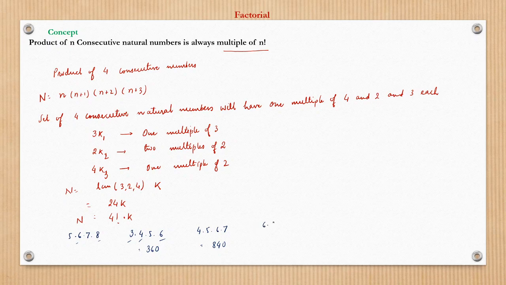Now we will see 6, 7, 8, 9. So now here, it has 3 powers of 2 and 3 powers of 3. So this is divisible by an even greater multiple of 24, but at least 24 will be divisible. But here we cannot say that this is divisible by 48 also, right? This is 1680.